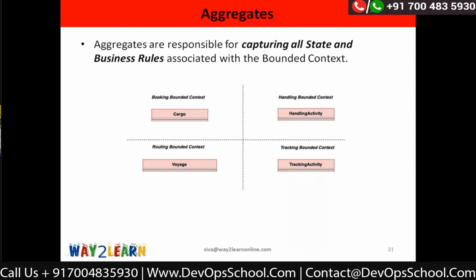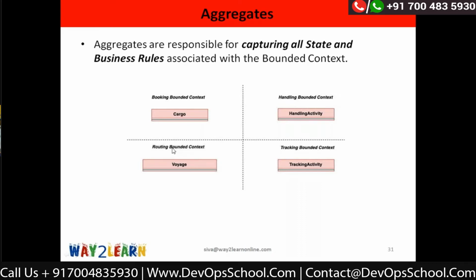So quickly, we identified yesterday in our booking context, cargo will be my aggregate, and for the routing module, yesterday we discussed, it will manage the voyages. So for our cargo company, there will be multiple vehicles. Vehicles will be scheduled from some source to destination. So those vehicle voyages will be managed by the routing context.